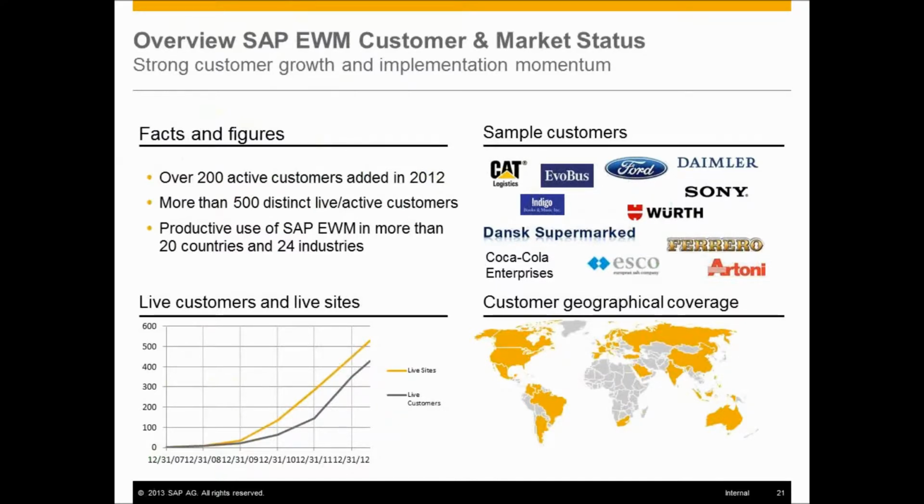And lastly, I'm going to finish up before I turn it over to Heather. This is just an overview of where we are in the market for EWM. Certainly there are best-of-breed companies out in the market that do a very good job and have focused on retail for many years. However, SAP, through our innovation and our commitment to the market,